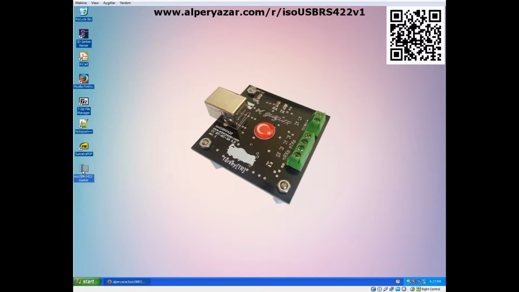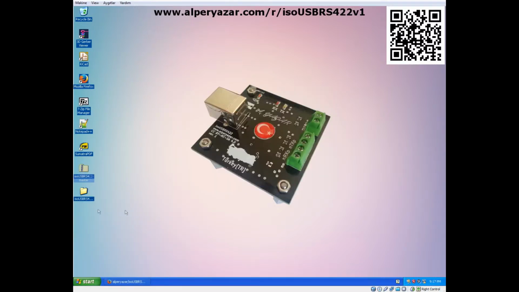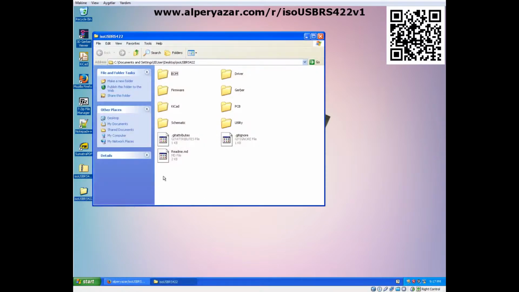Now, let's decompress our zip file. Okay. I want to remove the master word from the folder name. Now let's open the folder.